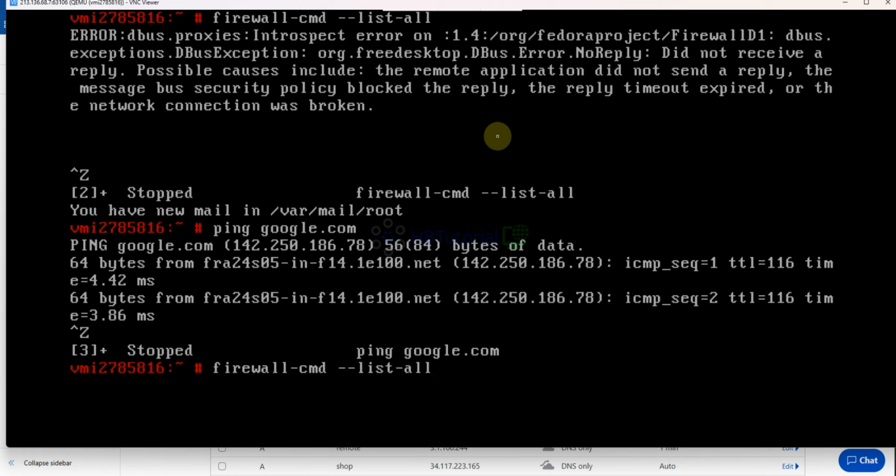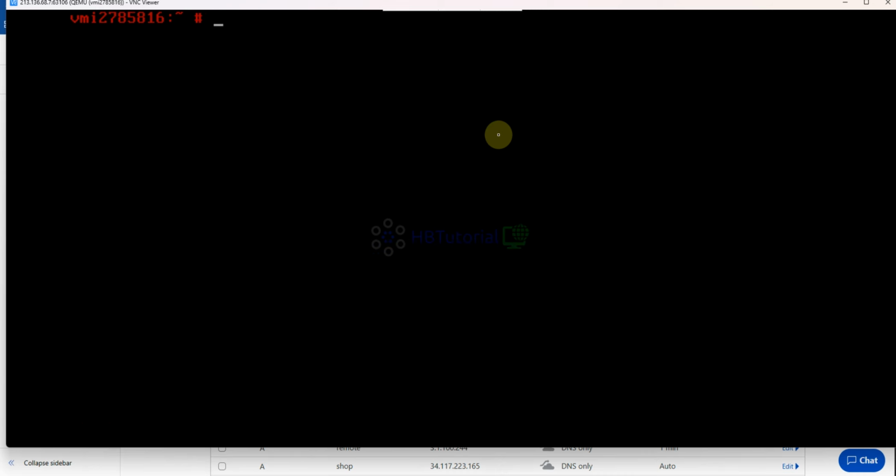Sometimes this is the issue with firewalld. So we will ignore it because we will configure that later. For now we're gonna set up our domain.